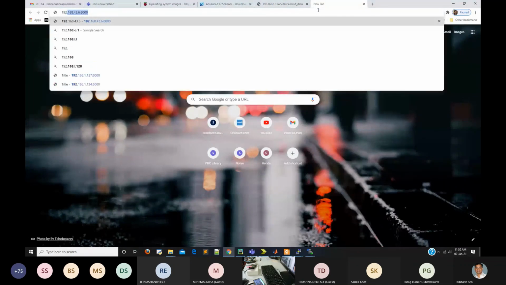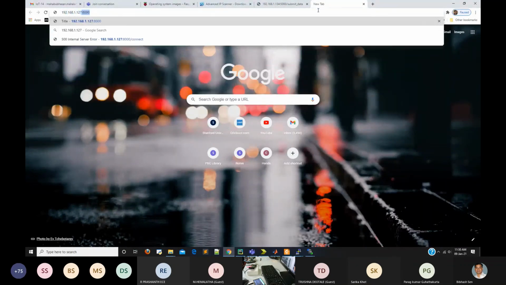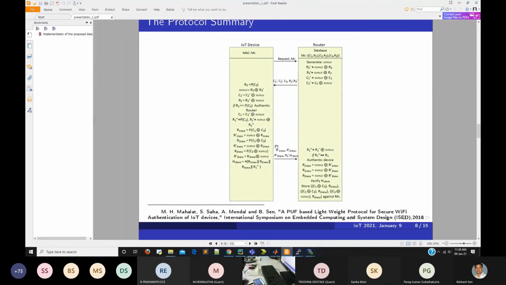Now, to establish a connection by the IoT device with the router, on clicking the connect button, this following setup phase will be done, and if any match in the database is found, then the IoT device will connect. As I enrolled with that challenge response pair, I will just click on connect and we will check whether the IoT device can connect to the server or not.